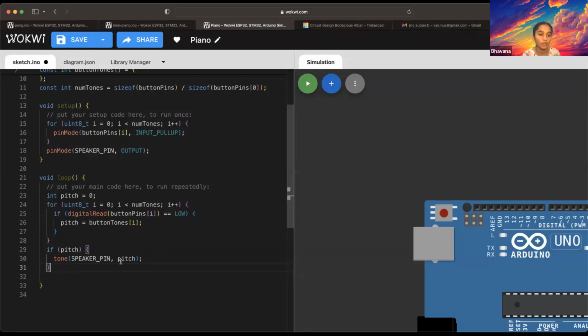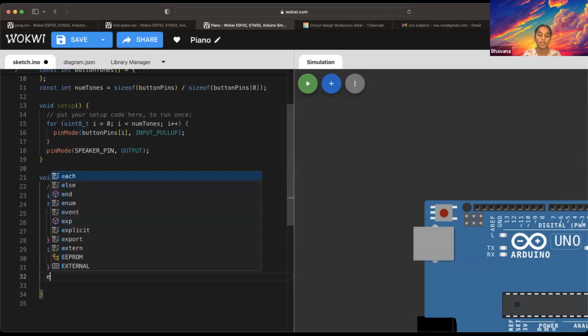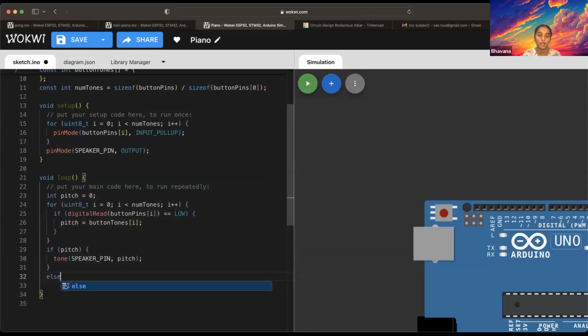So after line 31, after the curly bracket, hit enter. It's okay if you're still typing, just pause and understand the code, and then you can start typing again. So if this happens, it's okay. But if this doesn't happen,